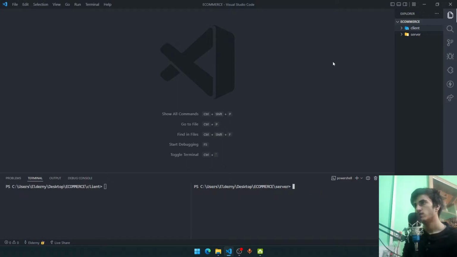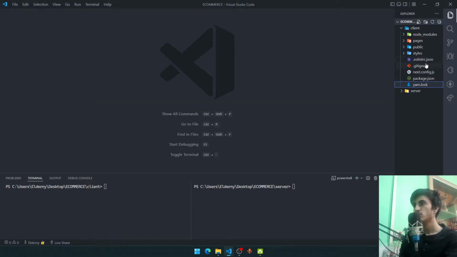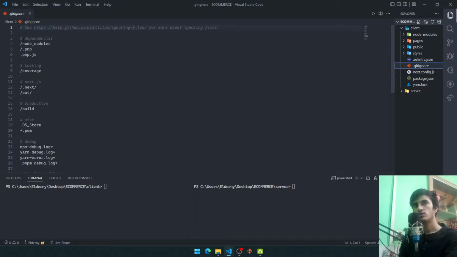Okay, now our dependencies are installed perfectly fine. Now what we are going to do here: we have readme.md. Let's get rid of it. We have the gitignore. Let's remove the slash. Maybe in the future we may upload this on GitHub, but I really don't have any plans of uploading this on GitHub